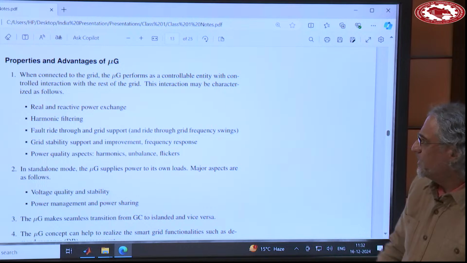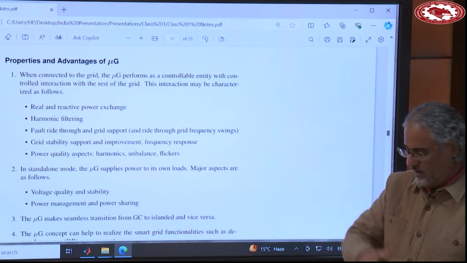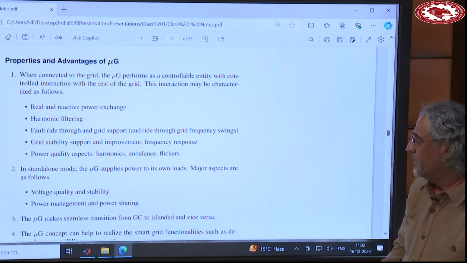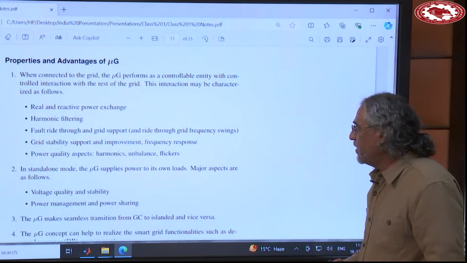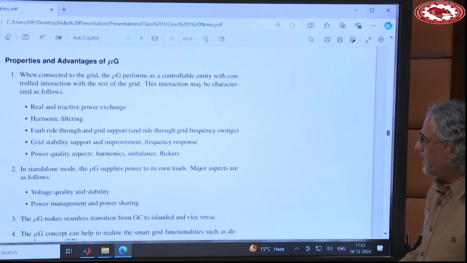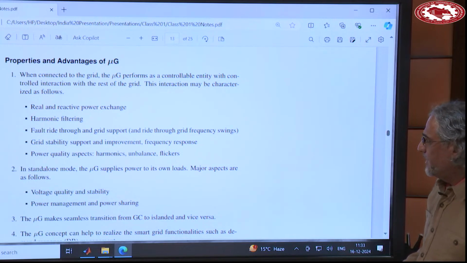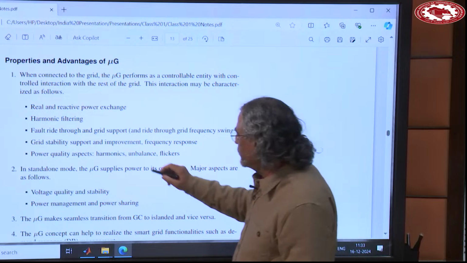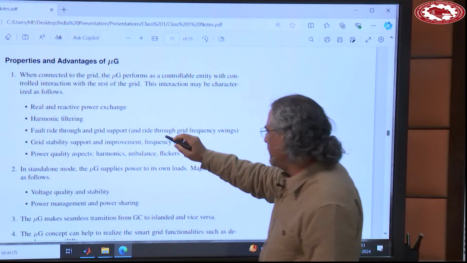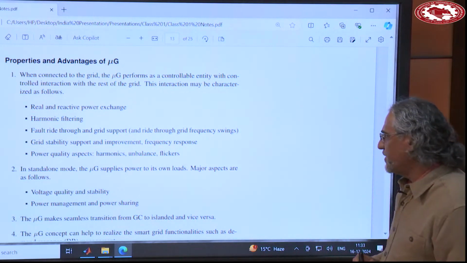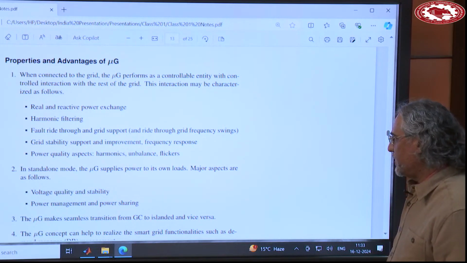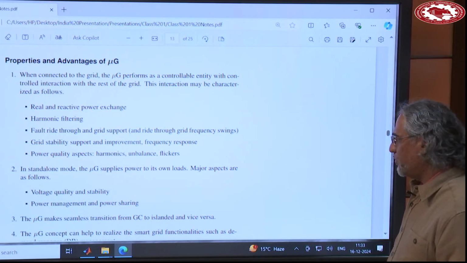At that one single point it can exchange power with the utility, reactive power or real power. It can provide services to the power grid. It can do fault ride-through and grid support. These things we will go into in detail in future classes, and it can even provide stability support and improvement